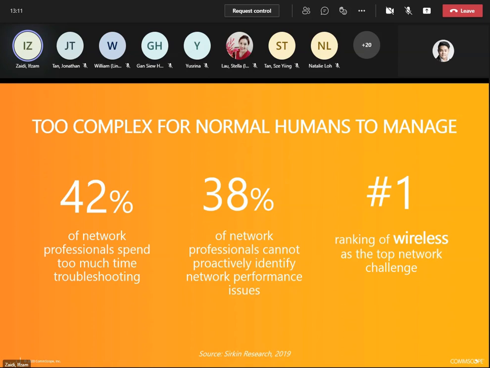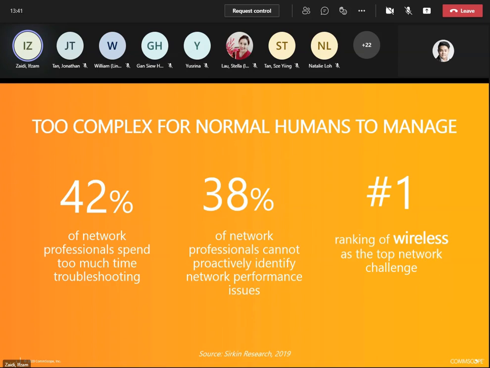Let's take a look at the statistics from some research on spending too much money and time on troubleshooting. Let's say you send one of the network professionals for troubleshooting without the right tools and without enough information, it can lead to spending too much time, because every day we always have some tech update on the network infrastructure.